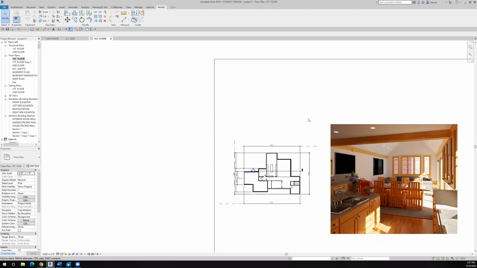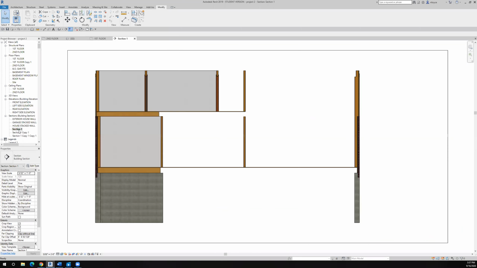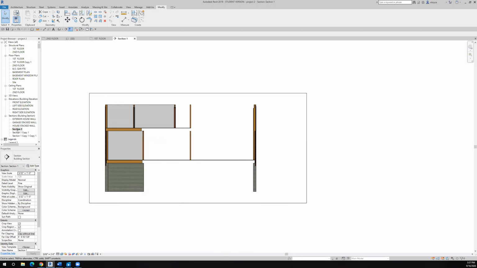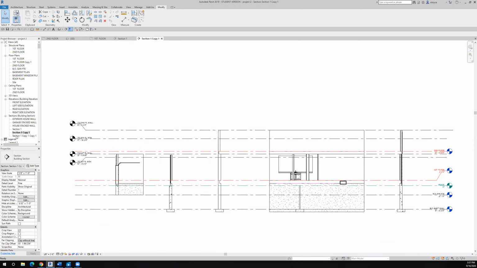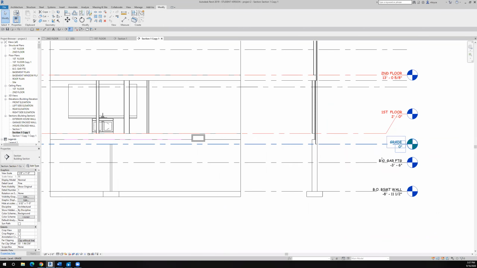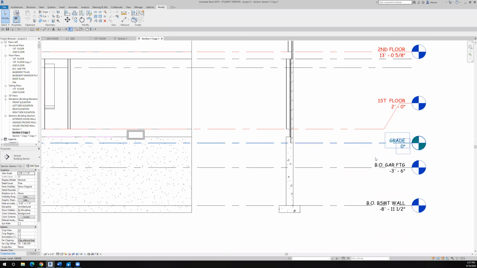Okay, so if you're looking at the syllabus, you'll see we have to do the topography, and we really haven't done that yet. So if I take a look at a quick section through here, let's see here. Yeah, without the elevation, here we go. We have our levels. So our grade is set at,